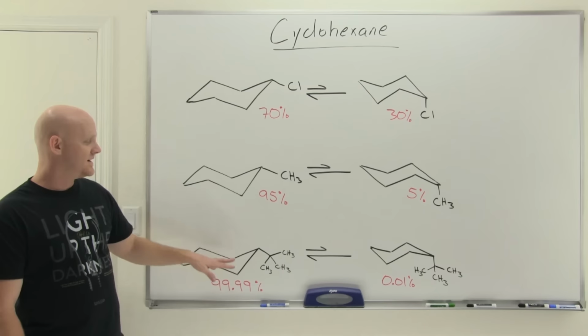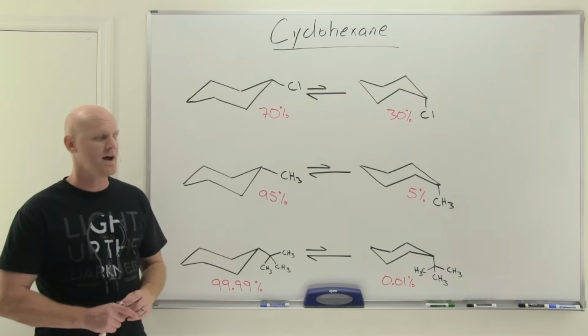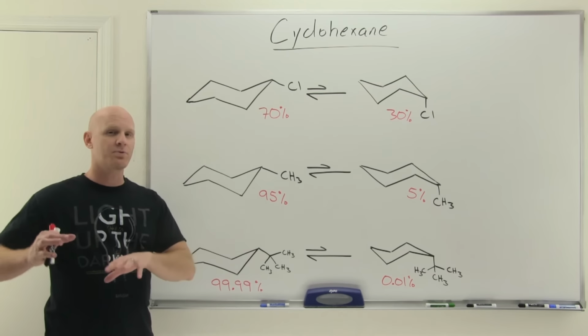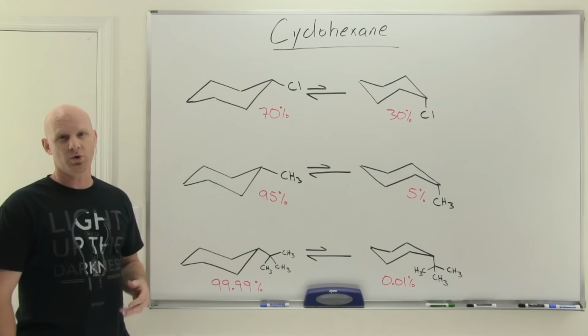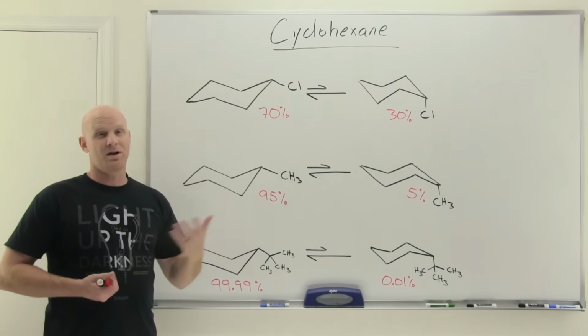99.99% of the molecules in equilibrium are going to be in the equatorial. Only 0.01% are actually going to be axial. So the big thing here is that, again, the bigger the substituent, the more it's going to have a preference for being equatorial. So we're going to start looking at polysubstituted cyclohexanes, and often,